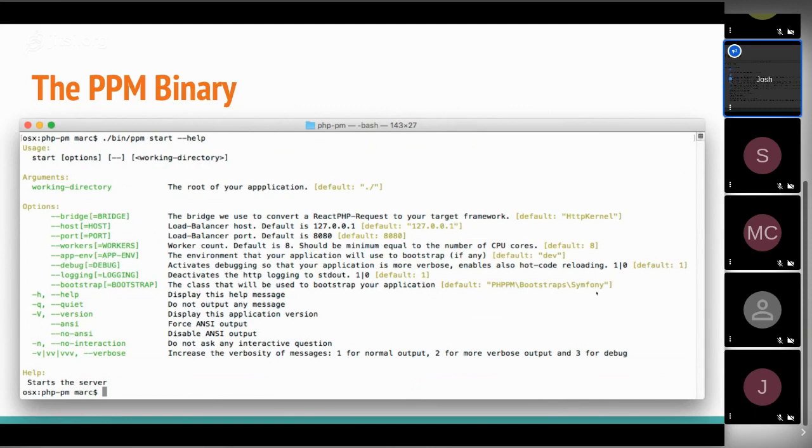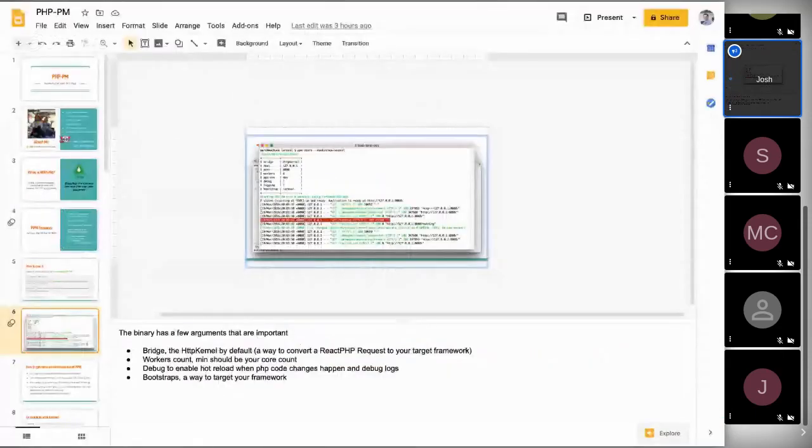So again, whether you want it to be dev or production, or prod, excuse me, you'll pass in those flags, and that'll help your application to switch from prod to